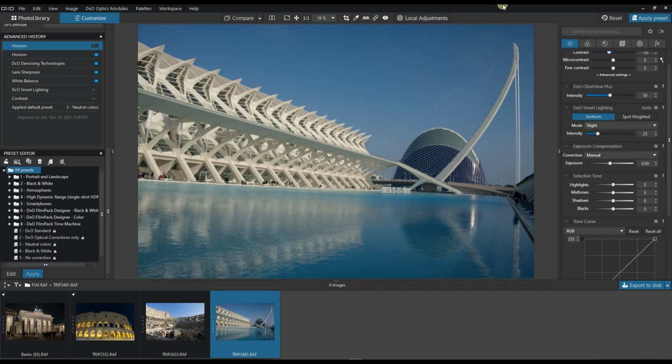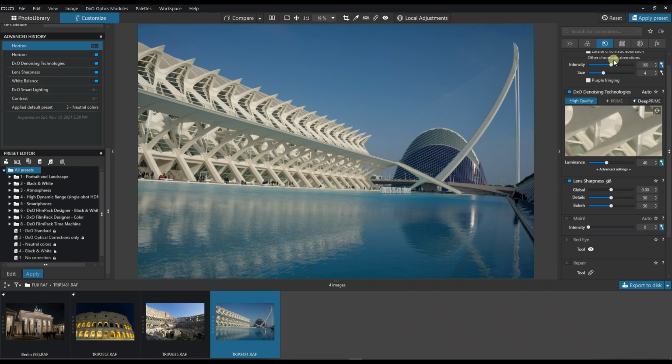So without any further ado, let's jump in. In this particular photo in Spain, I'm not going to do anything except lens correction and noise reduction, which I've already done. So high quality, that's the minimum possible, and the least sharpness. And then